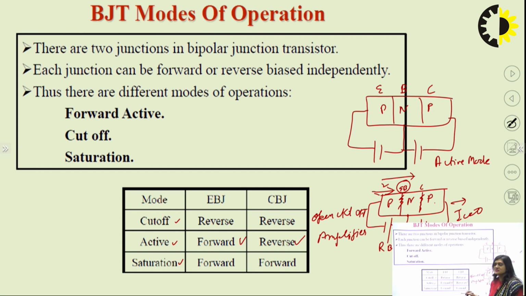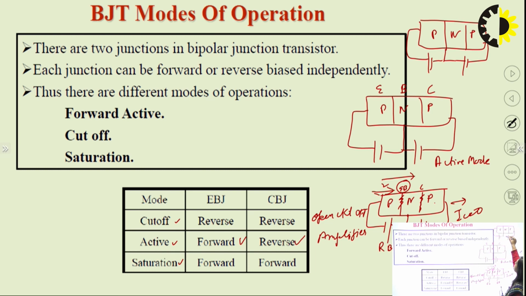After that, the saturation region is there. So in the saturation region, this is our PNP transistor. We will connect this in forward bias, and this N will also be connected for the collector base junction. Both junctions are forward biased. This is the emitter base junction, this is forward biased. P is connected with the positive supply, N is connected with the negative supply, and this NP junction is also forward biased. So when we keep both junctions forward biased, majority charge carriers are able to cross this part, but due to this positive forward bias here, this current will become 0 after some time.